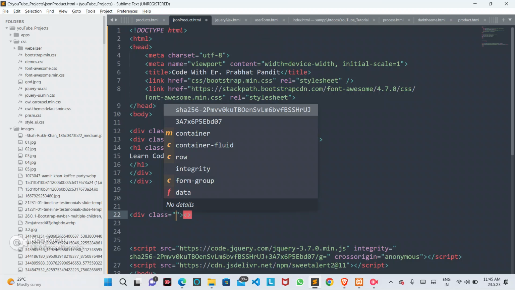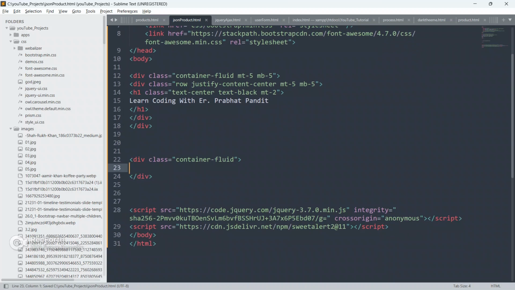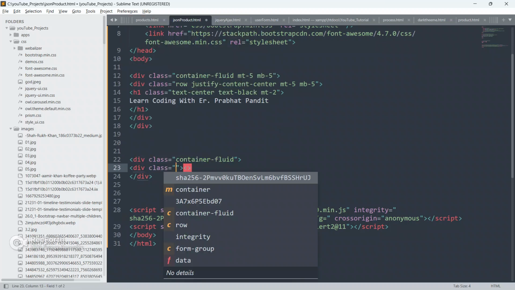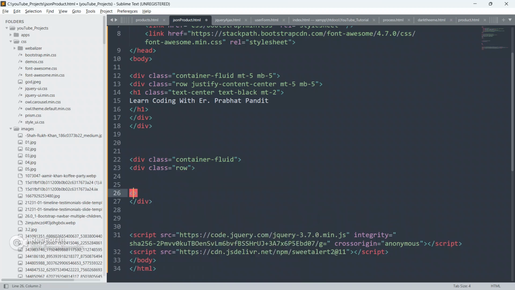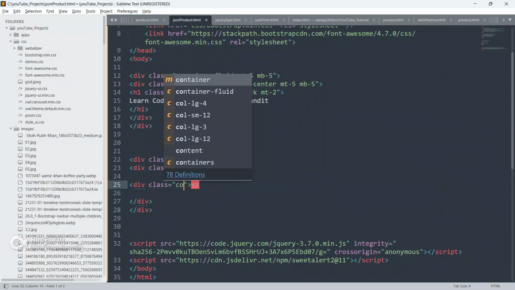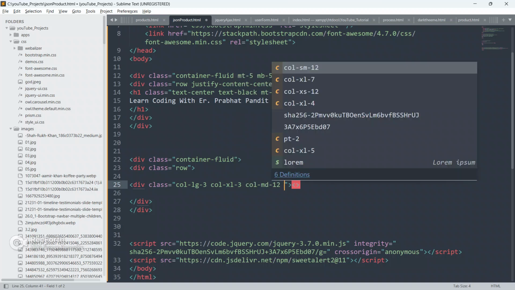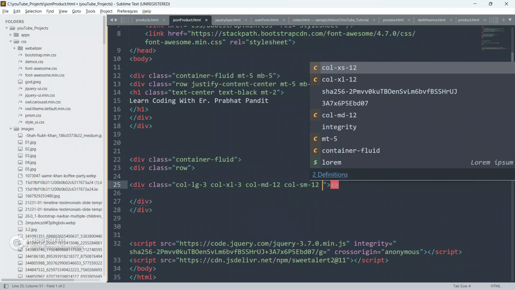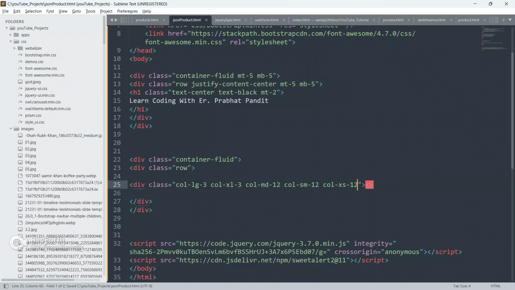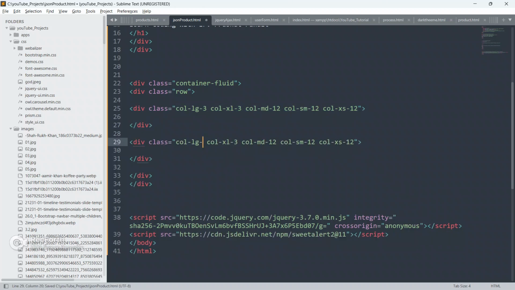Okay, so now below this, guys, create another div, give it a class as container-fluid, close this div now, and inside this div, guys, create another div, give it a class as row, close this div now, and inside this div, guys, create another div, give it a class as col-lg-3, col-xl-3, col-md-12, col-sm-12, and col-xs-12, and close this div now, and copy this div and paste it below.